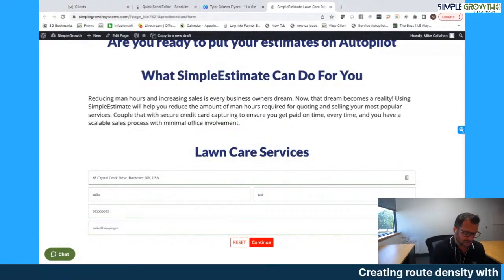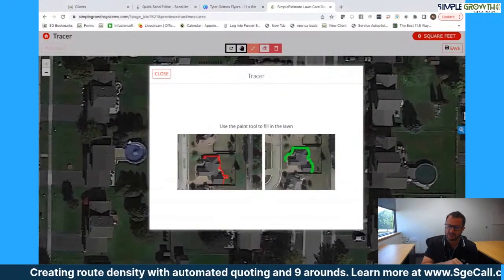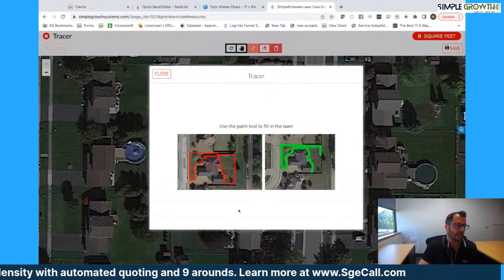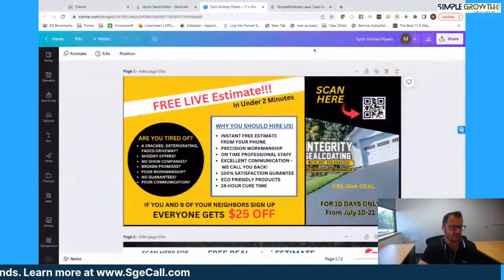And I'm going to quit talking here for a minute while I type this in and show you what this looks like. But the idea here is that now that we have this in, we've got a new client that comes in, and we've done that here. So the new client comes in, we send the card, they scan the QR code, they go in,